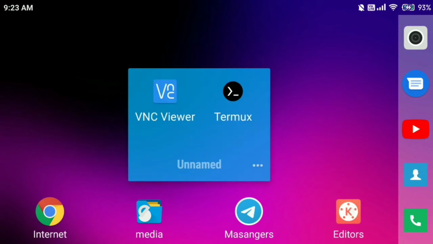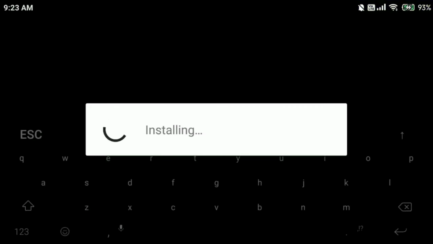Let's start the video and our installation process. First, open the Termux application, guys. I installed both applications here. The first time you open Termux, it will take time to set up, so wait here.